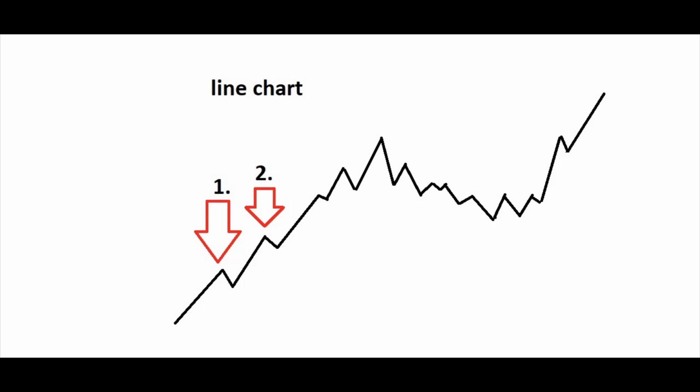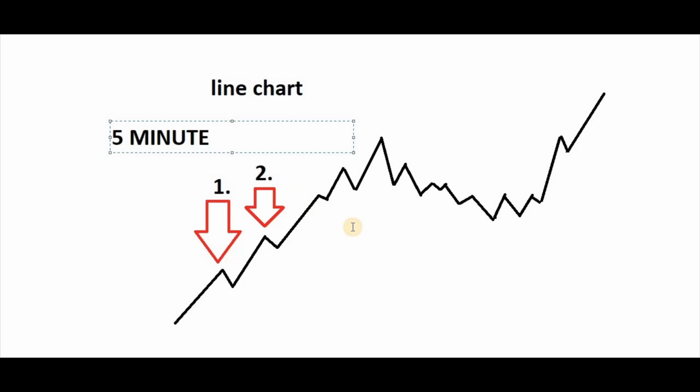So the first type is the line chart. As you can see, the line chart can help you determine the closing price of the chart. For example, if you choose a time frame, say the 5-minute time frame, one point will show you the closing price after the first 5 minutes. The second one will show you the closing price of the second 5 minutes. So based on this you can identify the closing price of each 5 minutes, and it is easier to understand in the line chart.